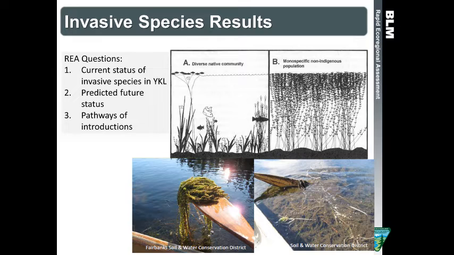I have this additional image here that encourages me to think about, since I usually work in terrestrial systems, that aquatic systems are also very susceptible to invasion, and we're seeing some recent invaders in the interior of Alaska, like Elodea, that appears to be changing the ecology of these freshwater systems.